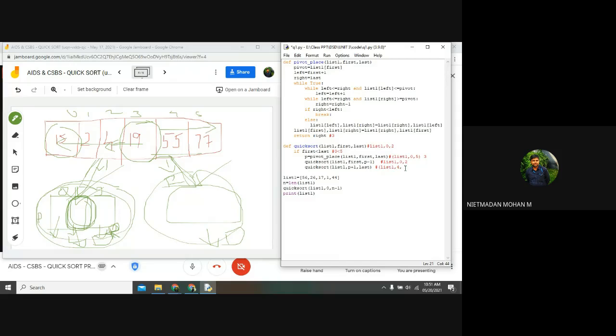Here I am taking the first element as my pivot value, and the left element is first plus 1. So it will continue executing until this condition becomes false. That is the thing.